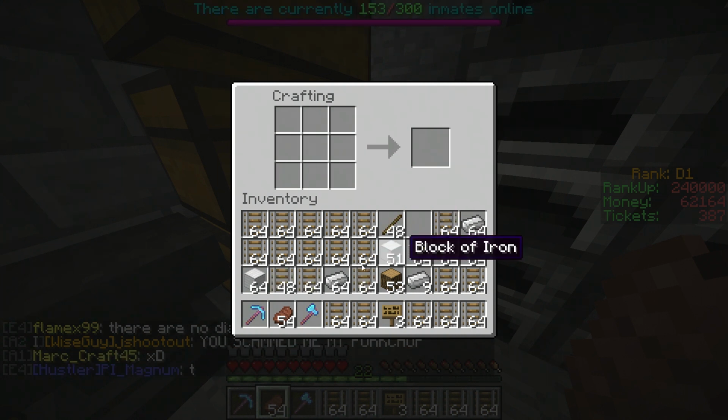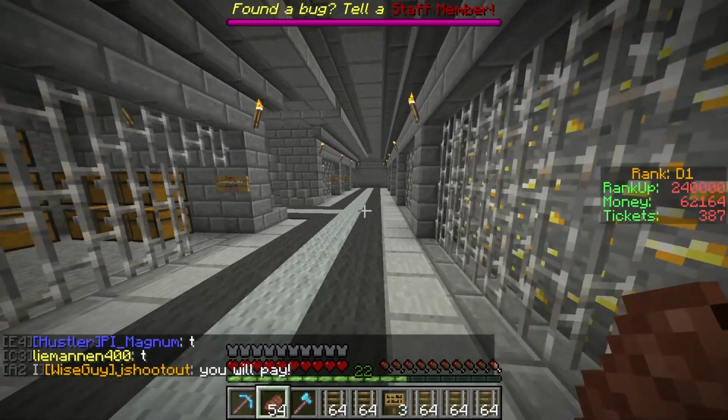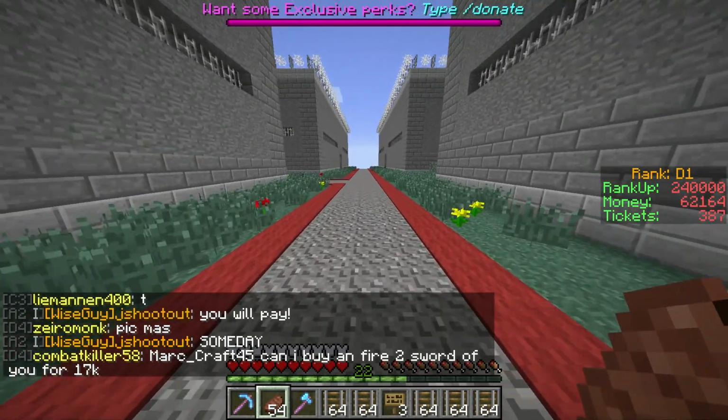All right, so that's a lot of rails. That's going to get us a lot. That's going to get some buku bucks. So let's head back over. Now, again, like I said, because there's 6 iron ingots in each thing, or in each...